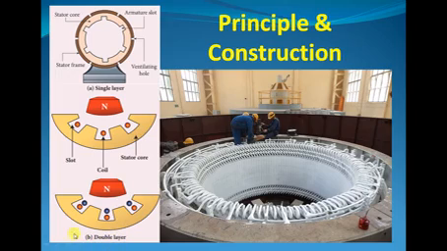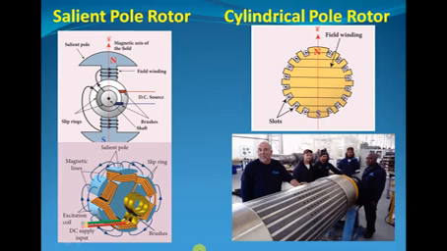The double layer winding means the coil is split into two layers: one is the top layer, another one is the bottom layer. Next we see the rotor. The rotor contains the magnetic field windings. The magnetic poles are magnetized by a DC source. The ends of the field windings are connected to a pair of slip rings. The slip rings are attached to the shaft, so they also rotate with the rotor.